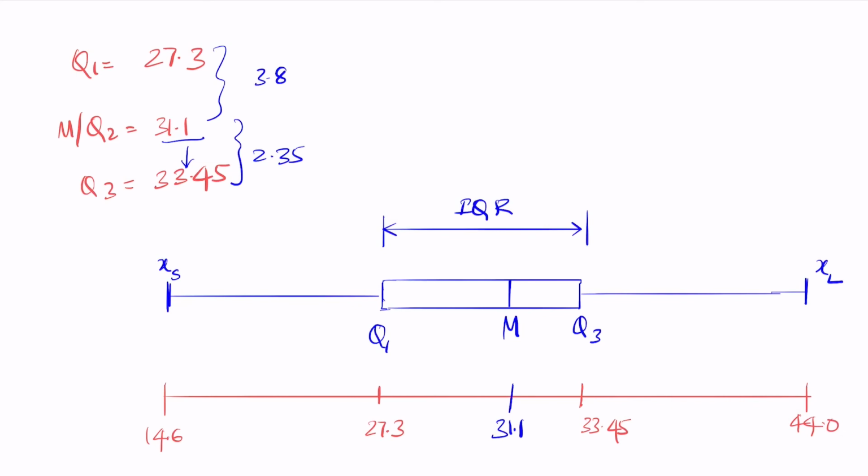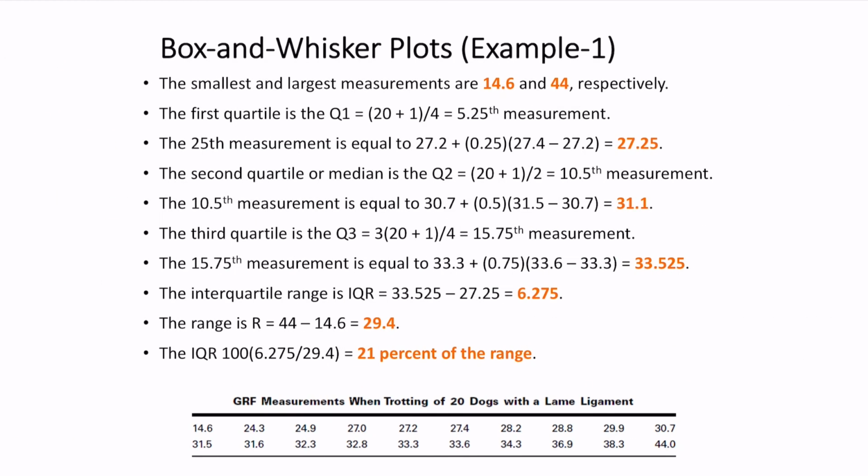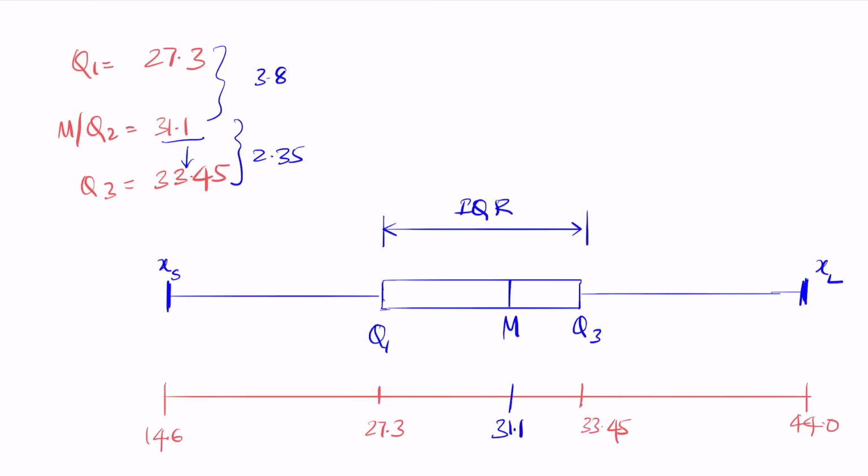So always draw the rectangle between Q1 and Q3. The smallest value and the largest value are written at the edge. So draw a small line there. And the median is the point that lies between Q1 and Q3 based on the median in the problem that you end up with. So this is how you draw the box plot.